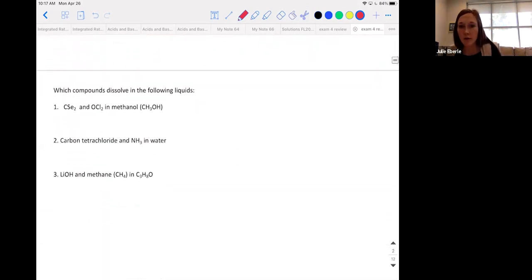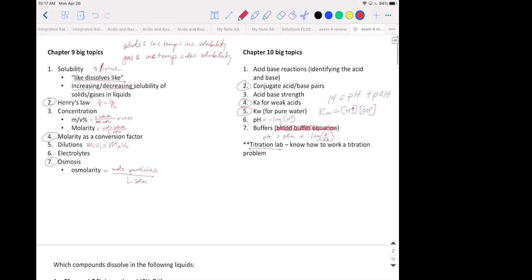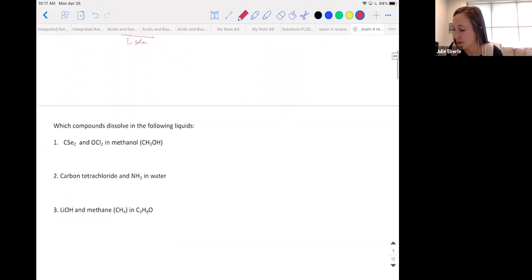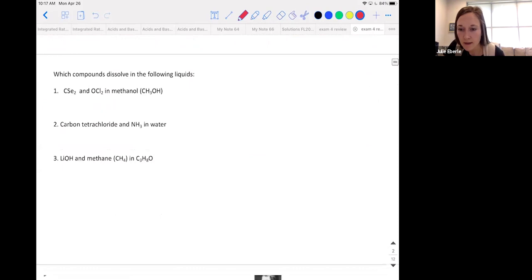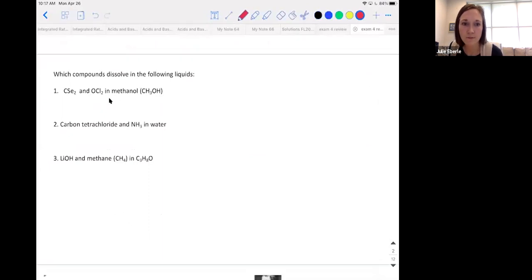Which compounds dissolve in the following liquids? And it took me forever to answer this in the first session this morning because I realized that I wanted an electronegativity chart to solve this. So